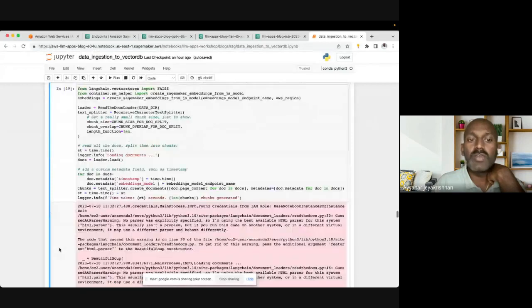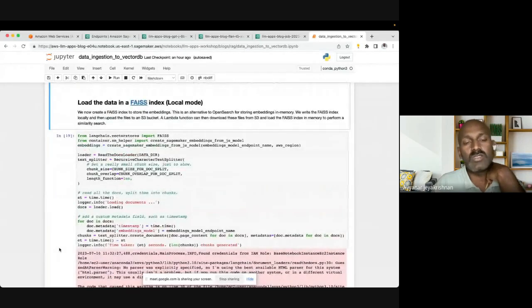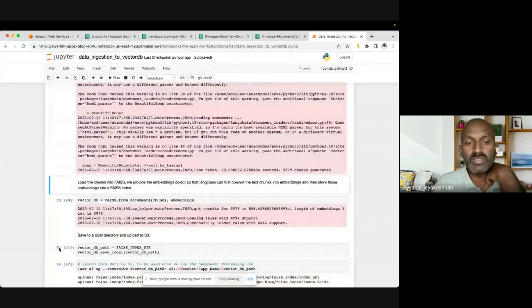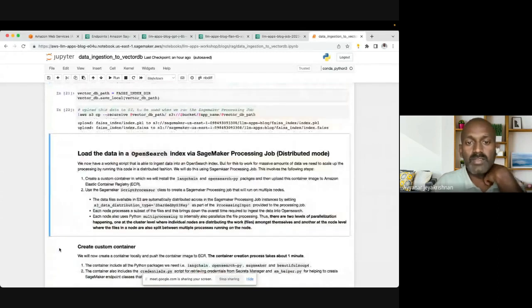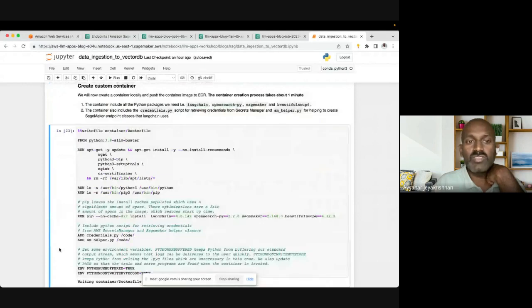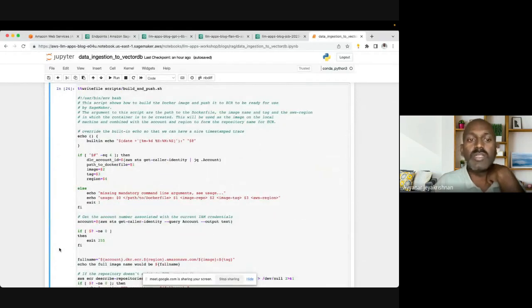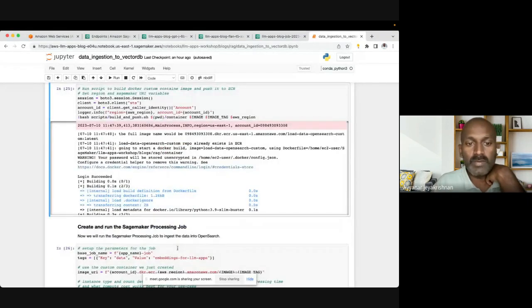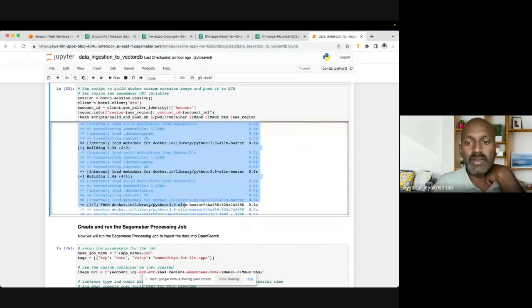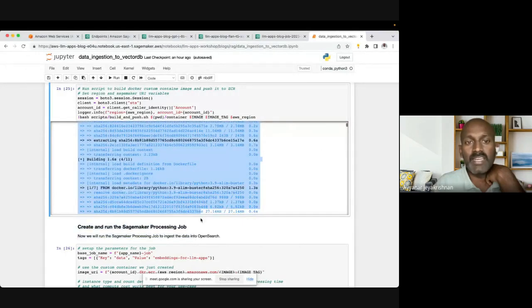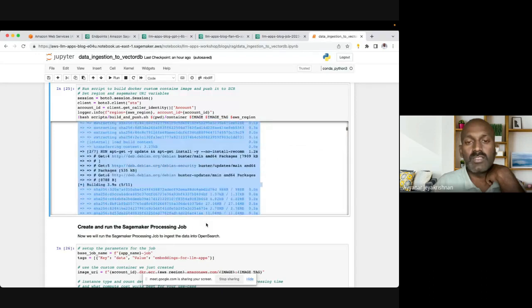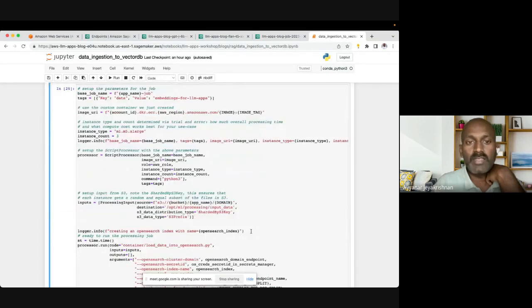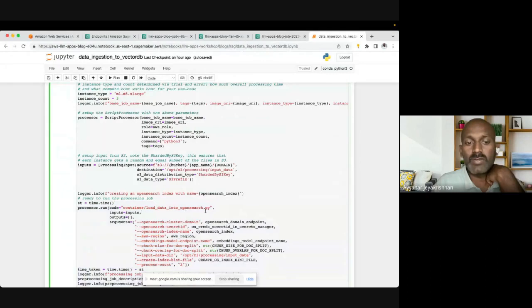And here we are using a FAISS index, which is in local mode, but you can use Elasticsearch also. And this is the step where we are writing to Elasticsearch. The advantage of Elasticsearch is that it's distributed, so it will scale. And you can see it will give you the count. So it is reading the data, loading the container for the GPT-J and creating the endpoint, and this is the processing job which will run all the tasks we were given above. Here it is writing the data to Elasticsearch.